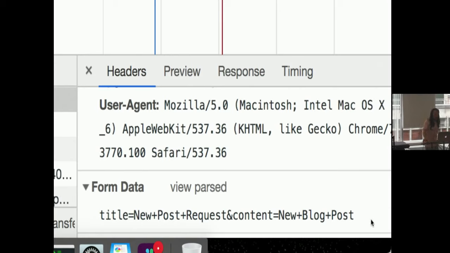So the question is, is this the same all the time? Do we always do it this way? And the answer is we don't always do it this way. We don't always send key value pairs. We normally do send key value pairs, but we send strings, and those strings can be encoded in a certain format, right? We can say that the body is encoded in a certain format.